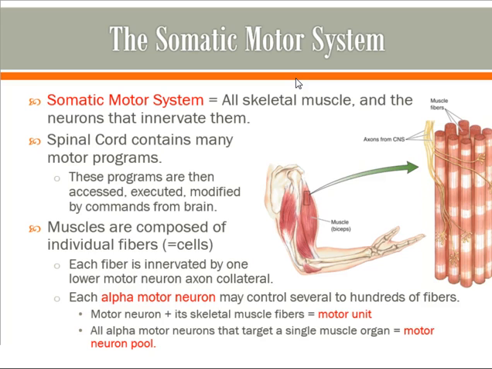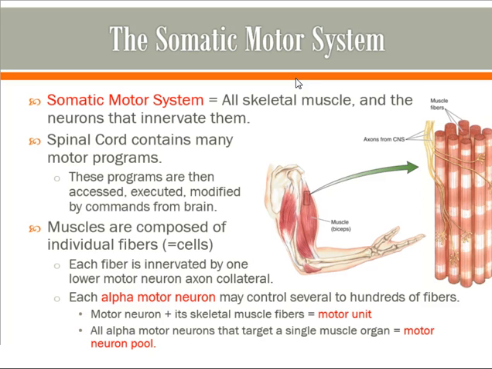And the interesting thing is that each individual skeletal muscle fiber cell is directly innervated by a synapse, or usually a collection of synapses, from motor neurons. And you can kind of see that here. So here are axons that are coming down from the spinal cord. So this is axons from the central nervous system. And as you watch them, the axons will often split into multiple axon collaterals.